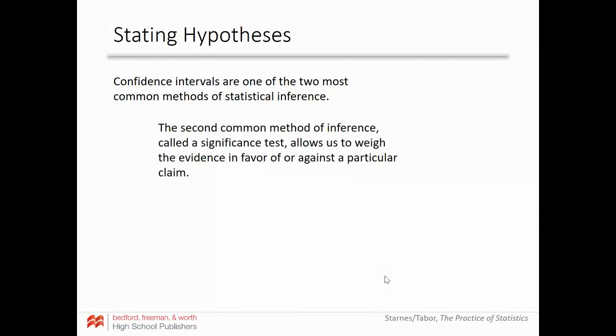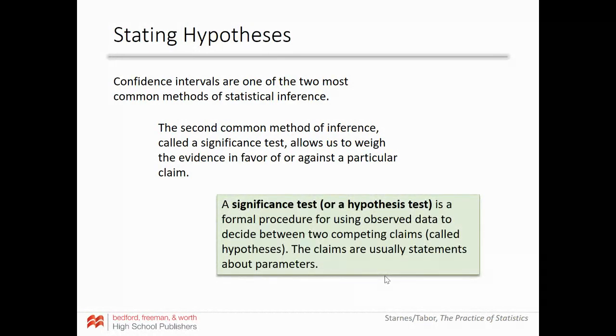The second method of inference is called significance testing, which allows us to weigh the evidence in favor or against a particular claim. So where a confidence interval gives us that interval of where we think the parameter might be, a significance test allows us to decide maybe is it bigger than or less than a given value